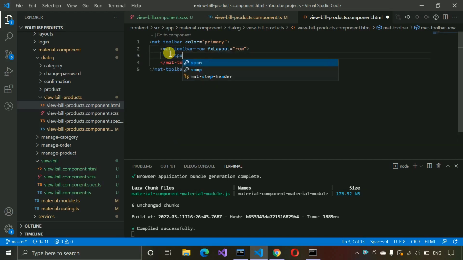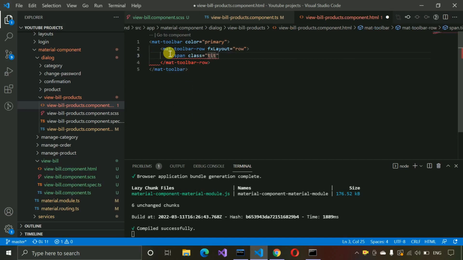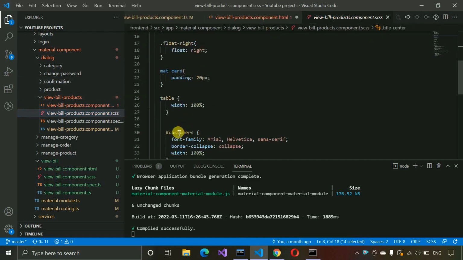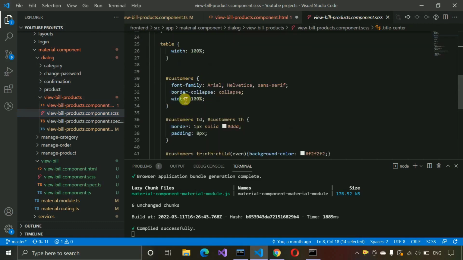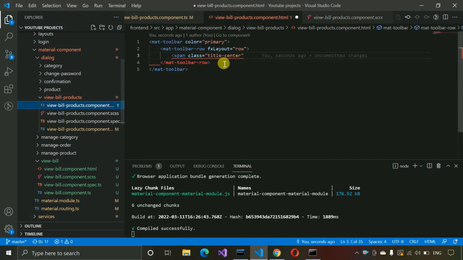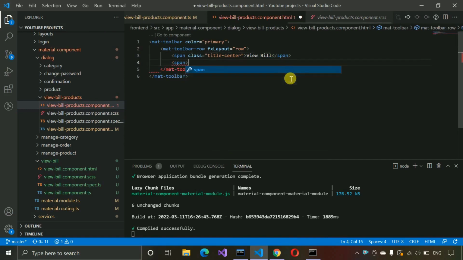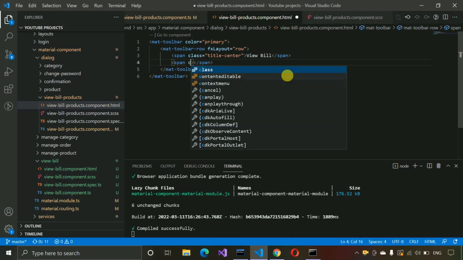Inside of this we have to write span class title-center. All the CSS like this we already provided; you can see title-center, the mat toolbar, the table, the CSS related to this page we already wrote over here. So you have to just write in the HTML part, and here we need to write view bill, and then we have to put some space, so span,